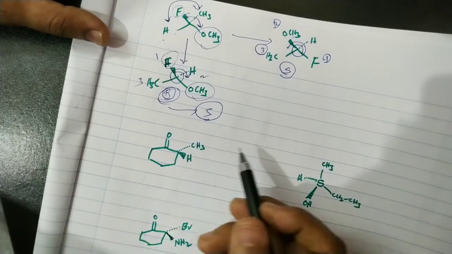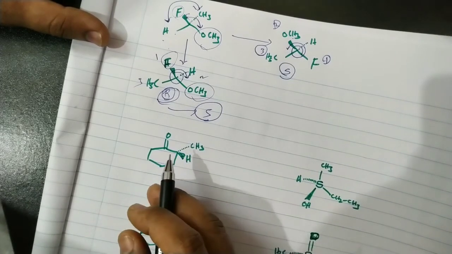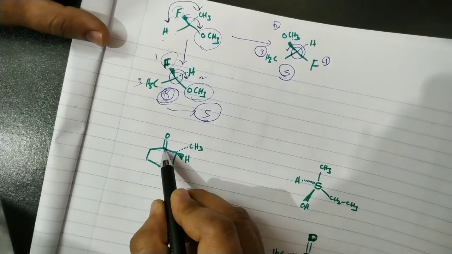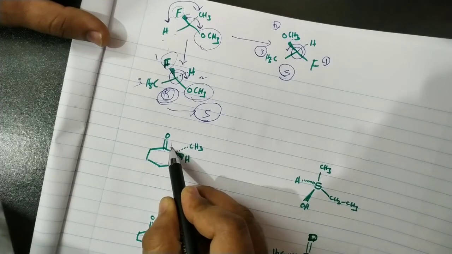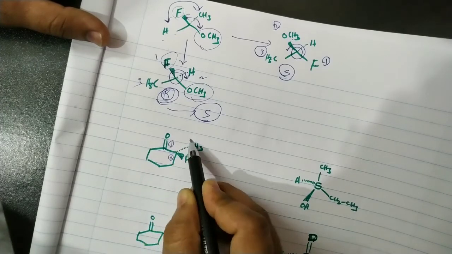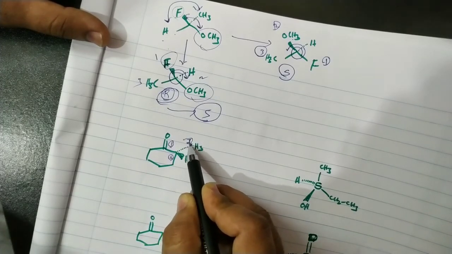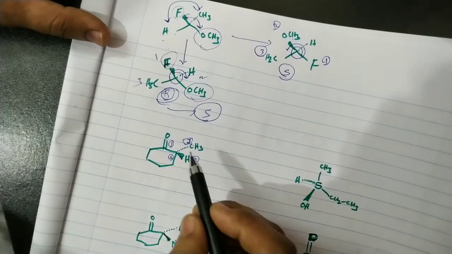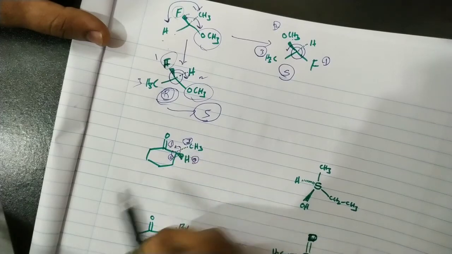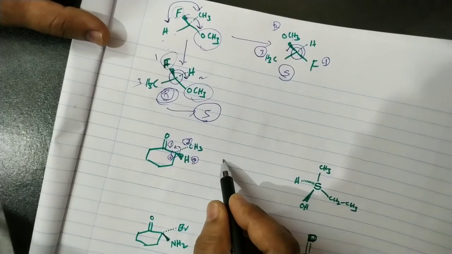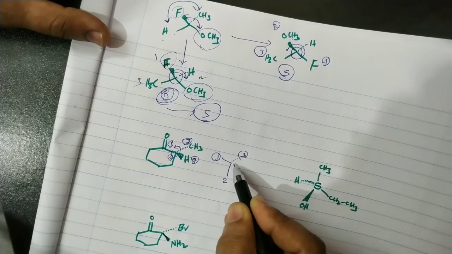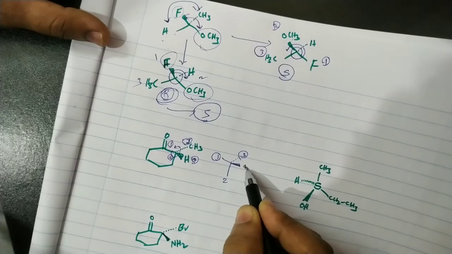Now, for cyclic structures we can also apply this. Here in this case CO and CH3, hydrogen, your first priority, here second priority, and this one third priority. And your fourth priority group is above the plane. So here 1 2 3 actually. Of course, we can take it like this: here your second priority, this first priority, this one third priority, and this above the plane fourth priority.